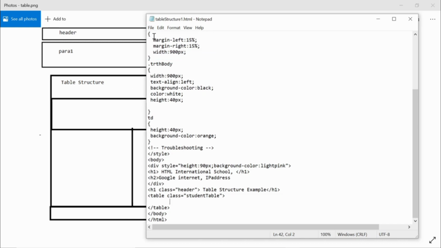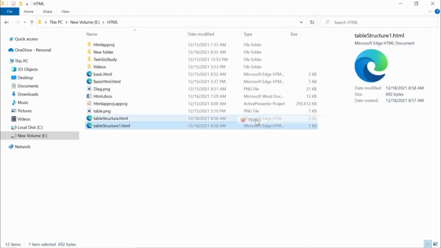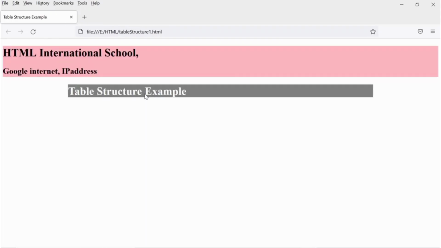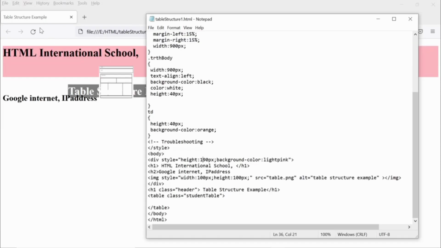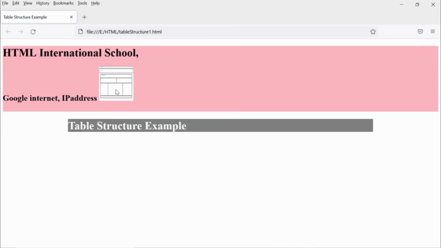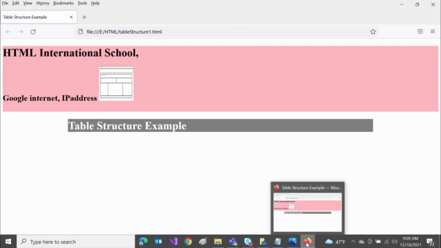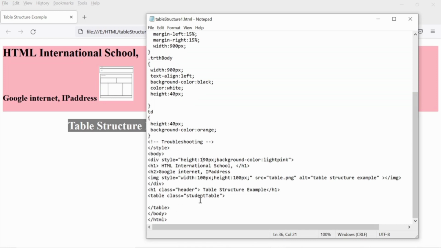Let's save it first and right click on the file name, browse with Mozilla. So this new HTML will be displayed. I have added the image of the same with the image tag, so that we can compare it side by side with what we are doing.